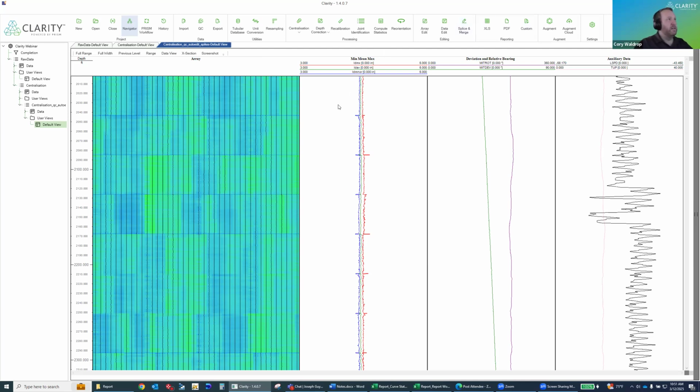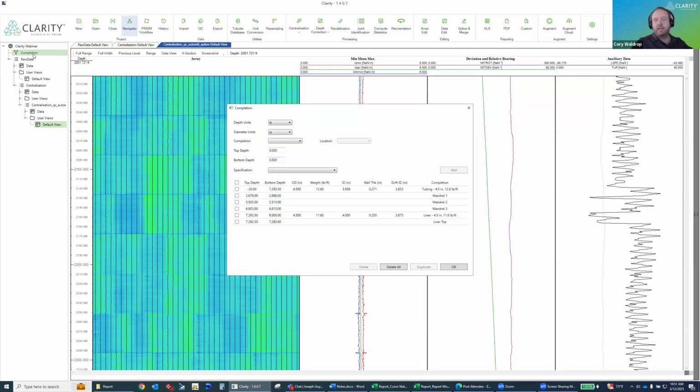Okay, so it looks like we're done here with our filtering, and you can see that where we had the spikes before, those are gone. So that's nice. I would say at this point, I've done just a brief QC with both my eyeballs and with Clarity. I'll probably move on to depth correction, and this is where I've done a little bit of free legwork, I guess. I'm going to open up this completion screen and I'm going to show you what I've already done. And I did this before I got the data set in, which is nice